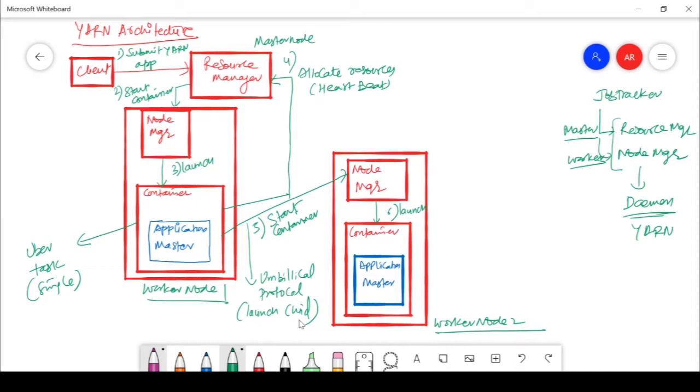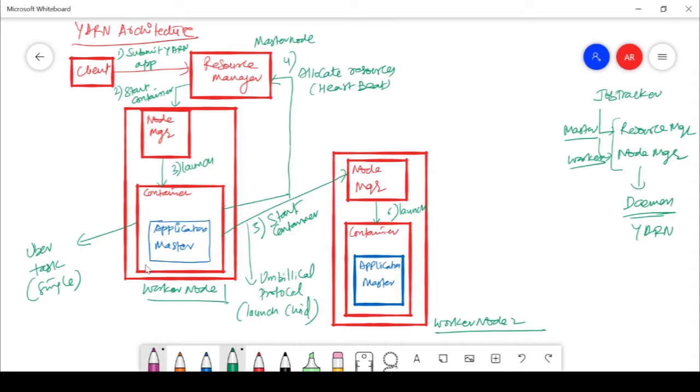So this is all about the YARN container, you can say YARN architecture. Any questions, guys, from this? If the work is more complex and needs more than two, which application master will start the third container? Obviously, the first one, because it is originating. Just try to understand, worker node number 2 is a child because of the umbilical protocol, and node number 1, where the container is executing, is the parent. The parent will create a child, another child, and the child will give information to the parent.